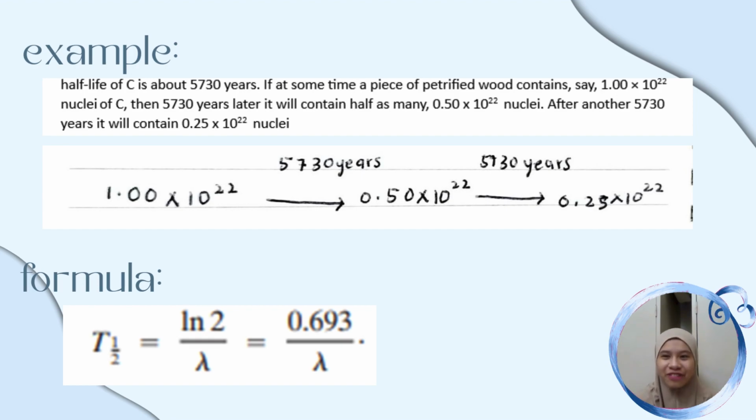After another 5,730 years, it will contain 0.25 times 10 to the power of 22. From 1.00 times 10 to the 22, we just divide by 2 to get the amount after each half-life of